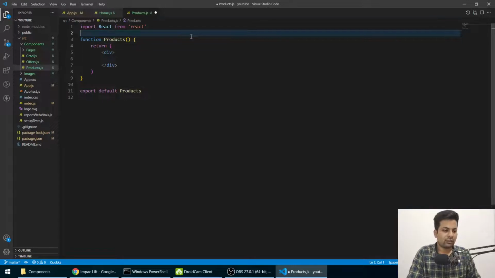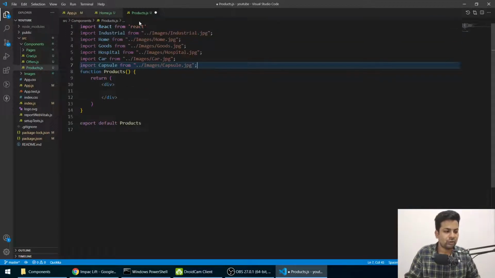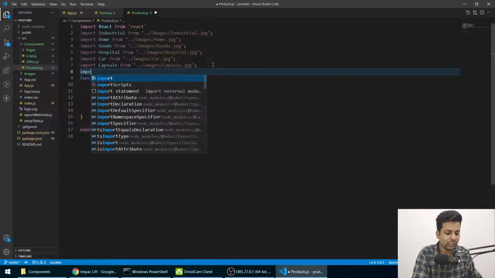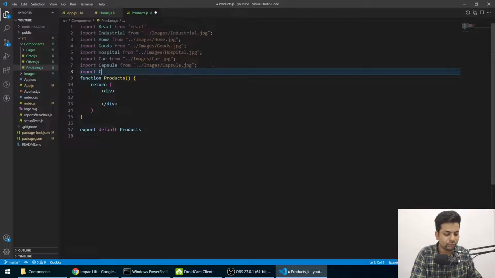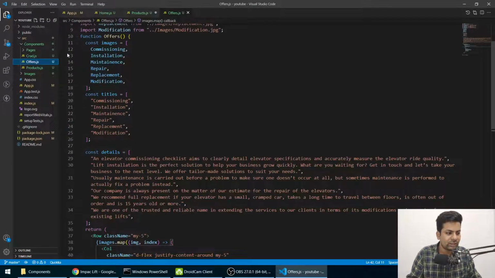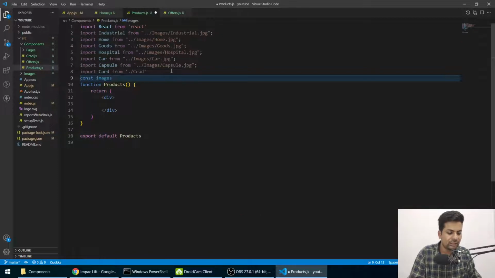So guys, I have copied, so let me just paste it. So these are the images already in the images folder. I told you, you can just grab it. Now we'll import the card because we need a card view. So we'll say import card from dot slash card. Okay, now same, we'll take const images, same thing as we done in offers. We have taken images and title, so we'll take images and title.